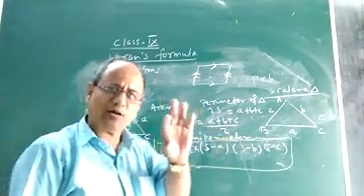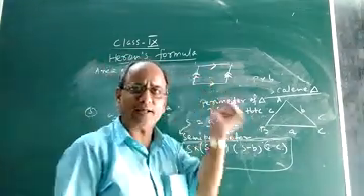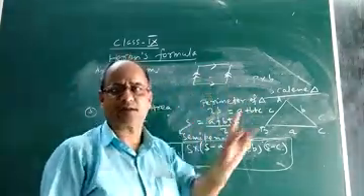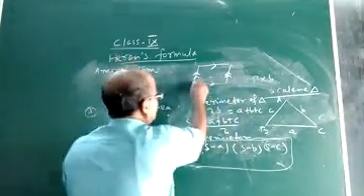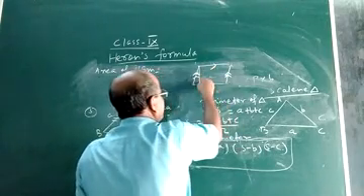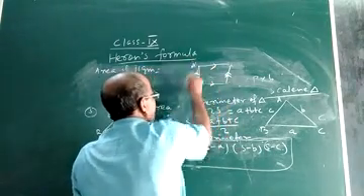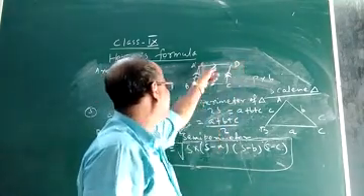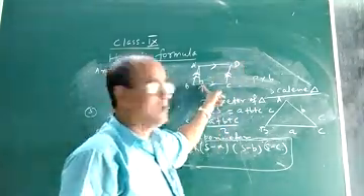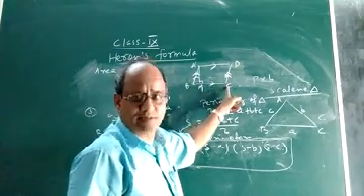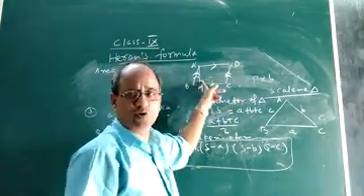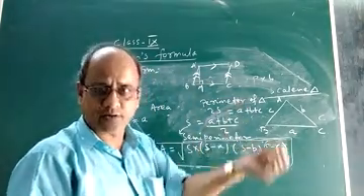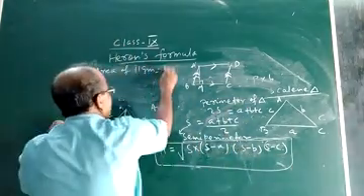And you know, in a parallelogram, there are four sides. We can take any side as the base. Any side of the parallelogram can be taken as the base. And suppose this is the base, then this will be the corresponding altitude. See, suppose A, B, C, D, and this is M. If BC is the base, then AM is the corresponding altitude. If you are given the length of this BC, means the base and the altitude, you can easily compute what will be its area by the formula base into height or base into altitude. So the formula is B into H.